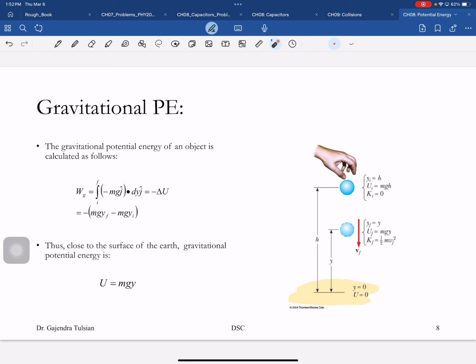So here's the setup. There's the gravitational force. The gravitational force on an object is pointing in this direction. There's the magnitude of the force. j hat is a unit vector upward. So the magnitude of the gravitational force is that. And then we're going to travel along, for now, just along the y-axis. So there's dy j hat. The work done is,